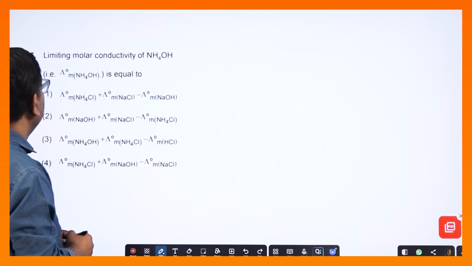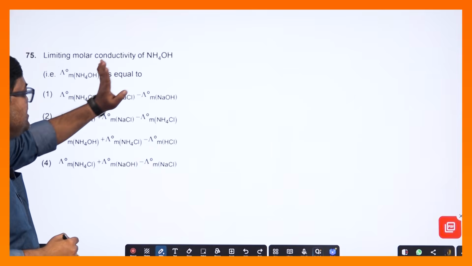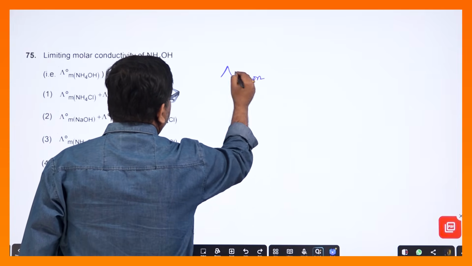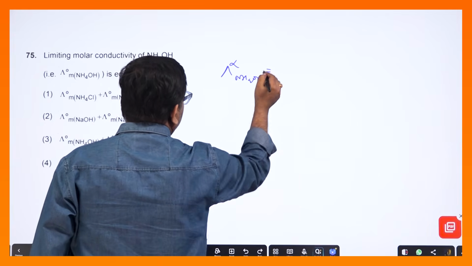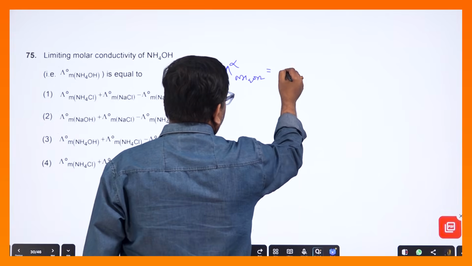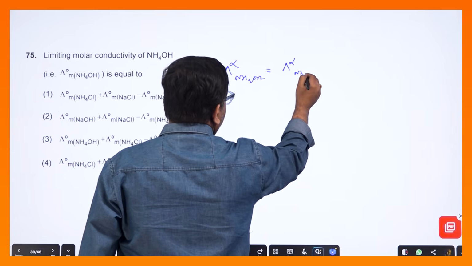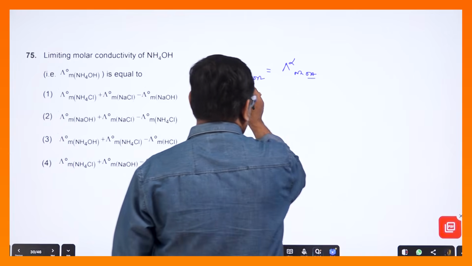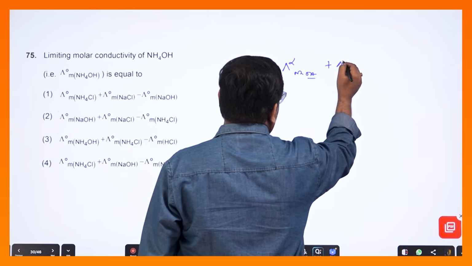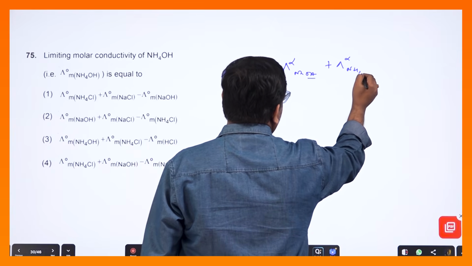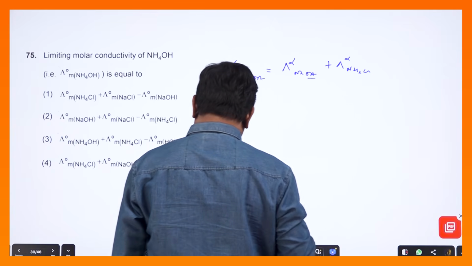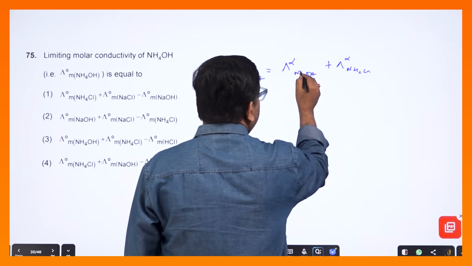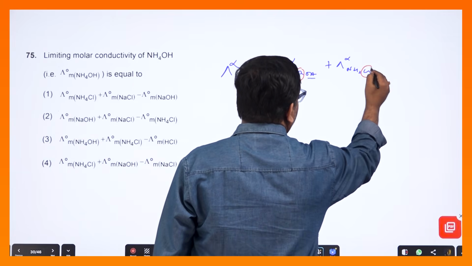কোশ্চেন নাম্বার যাচ্ছি, ওই যে লিমিটিং মোলার কন্ডাক্টিভিটি, এটা যদি করতে যাই কি করে করব? ল্যামডা NH4OH ইনফিনিটি করব, উইকেটটা ইউজ করব, স্ট্রং দিয়ে করতে হবে। তাহলে আমার লিখতে হবে ল্যামডা ইনফিনিটি NaOH নেব, তাহলে এখান থেকে OH পেয়ে গেলাম, তাহলে এবার আমাকে Cl NH4 পেতে হবে, তাহলে ল্যামডা ইনফিনিটি নেব হচ্ছে NH4Cl। তাহলে এক্সট্রা কোনগুলো পেলাম, দেখো এক্সট্রা পেলাম হচ্ছে Na, আর এখান থেকে Cl।